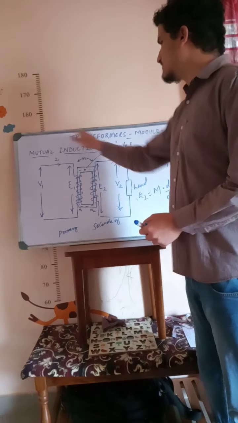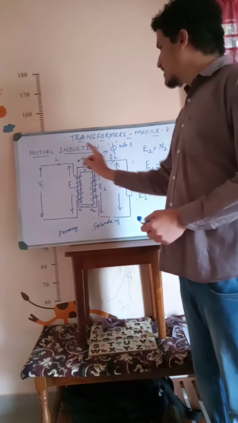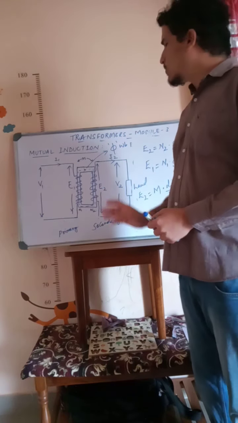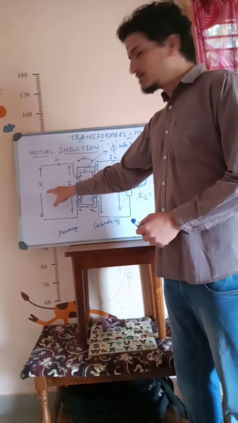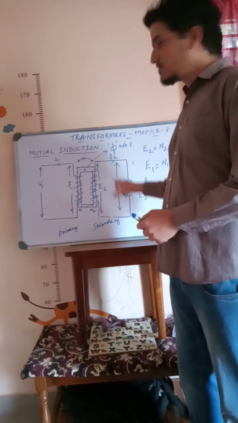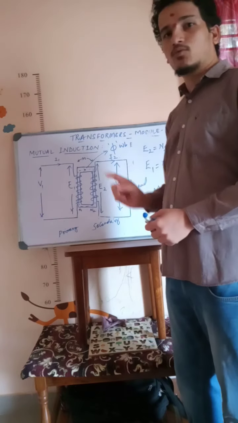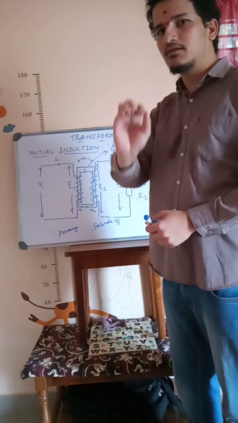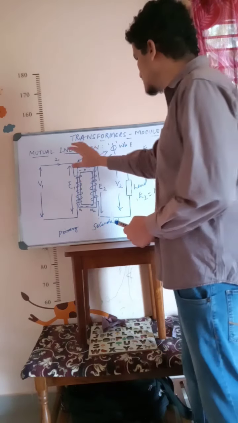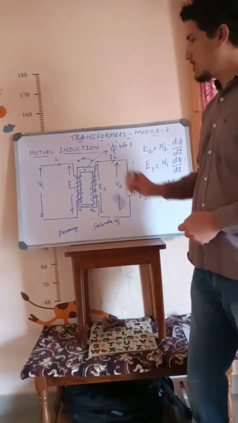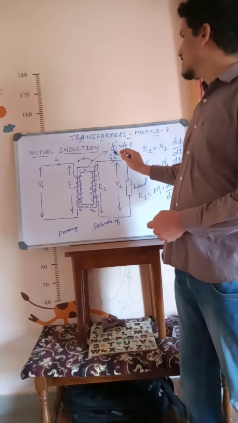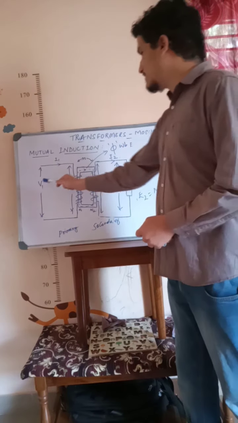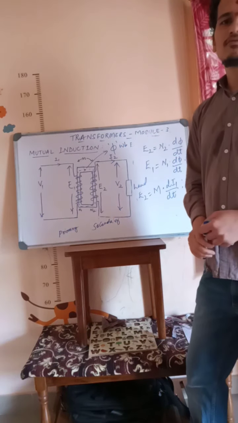Now, the frequency of the complete system remains the same. The power in the primary circuit and the power in the secondary circuit remain the same. Here it is V1, here it is V2. Here it is I1, here it is I2. Only the voltage levels and current levels are changing. Please make this important observation in this circuit. The primary current and secondary current levels are varying, and the primary voltage and secondary voltage are varying.